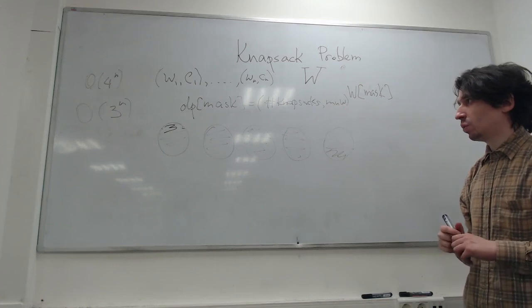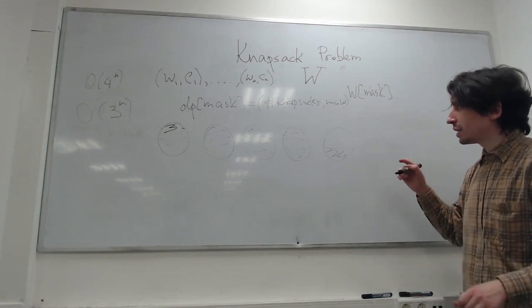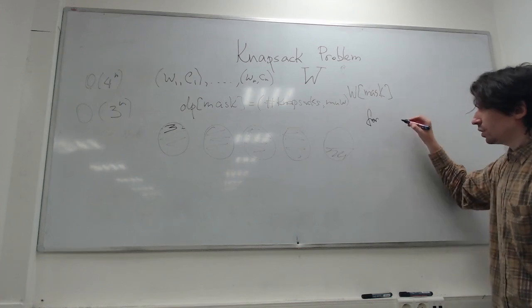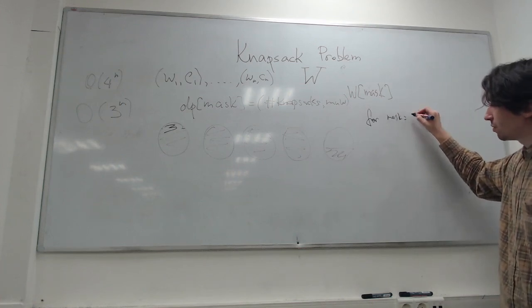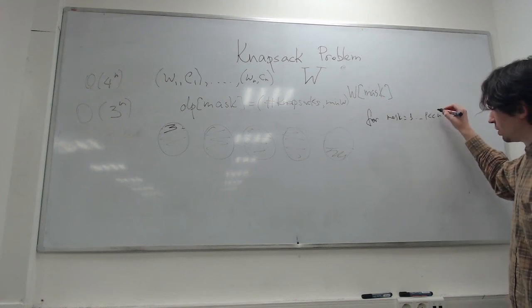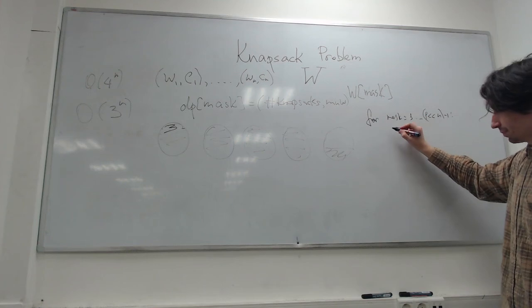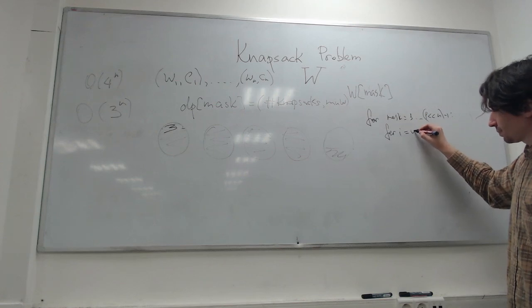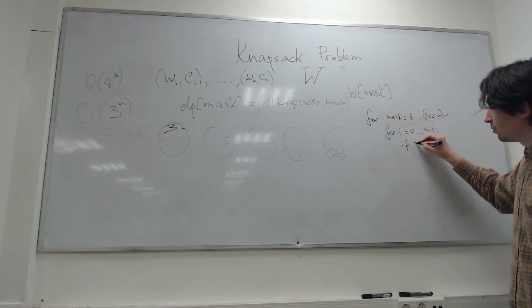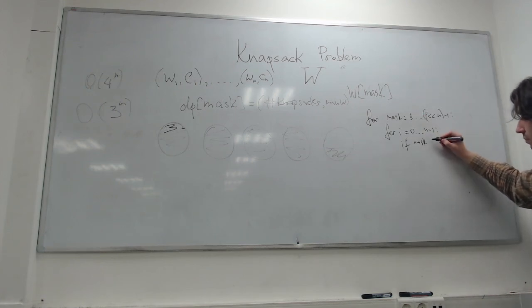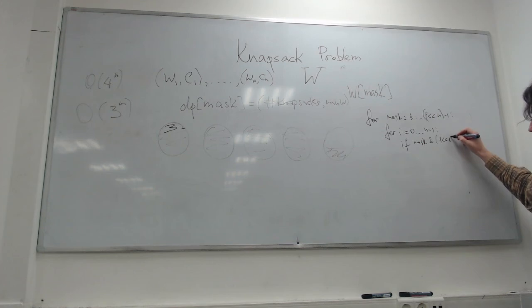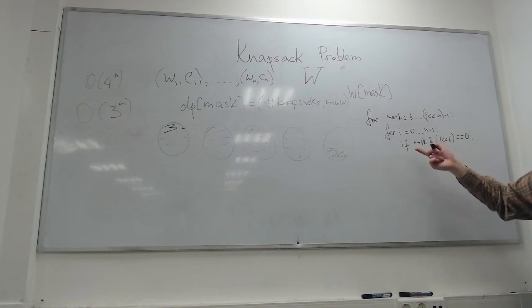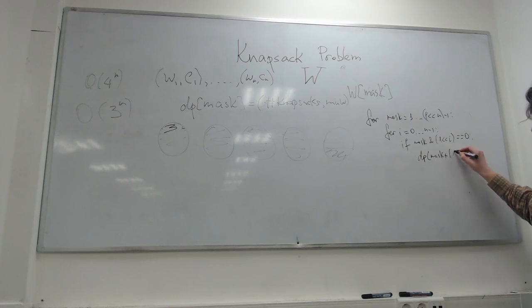So we maintain this, and it will be simple: for mask from 1 to 2 to the power of n minus 1, we go over all the elements. If mask and 1 shifted by i is equal to 0, this means that this element is not in the mask, so we add a new element there. Then dp of mask plus